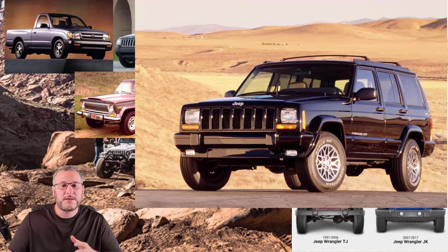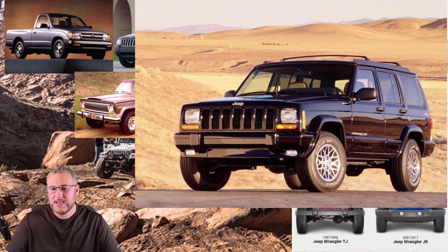So considerably more power with a 1996 and up Cherokee. I think it makes about 190 horsepower, 210 foot-pounds of torque or something like that. So that's my preference, right? And out of all the models and all the configurations, the absolute best year to get a Jeep Cherokee is